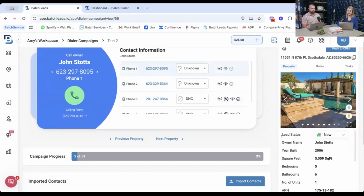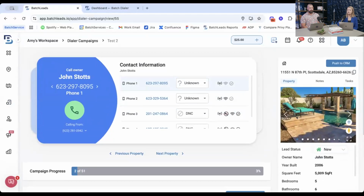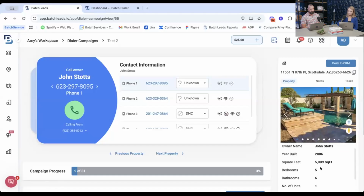Another really cool thing is that this has all of the information for the property right over here on the side. So you've got the owner name, you've got the year built. So you're able to look at all of this at a glance. When I open up the dialer itself, you can move it around on the screen, which is also really great